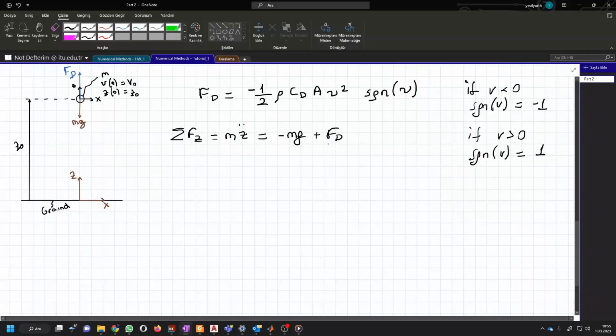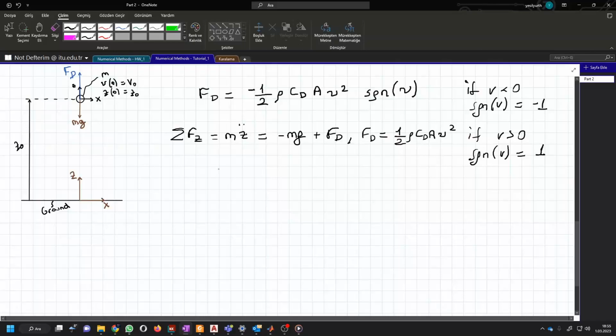In here, I already declared that my velocity will be smaller than 0, so the signum function will have a value of -1, so that the Fd value will be 1/2 rho, this is the air density, by the way, Cd, this is the coefficient of drag, A, this is the projected area of the body. So my Fd will be like this: